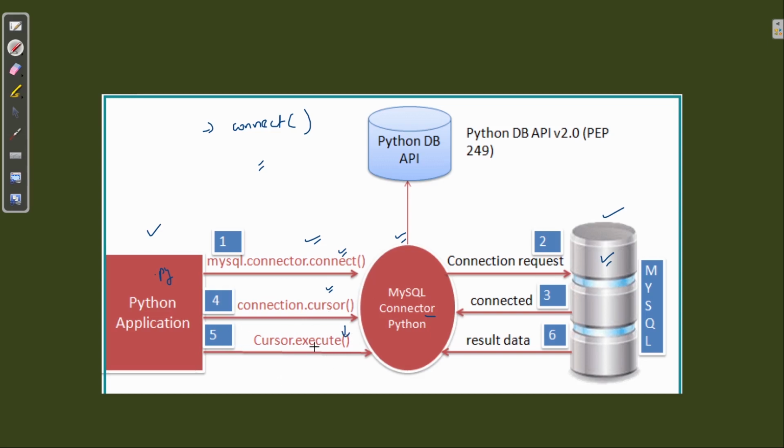For executing, we need to call the cursor function first. Then we write all the queries that we need to execute, using cursor dot. So our cursor object has been created, and from inside it we call the execute function to execute our queries.